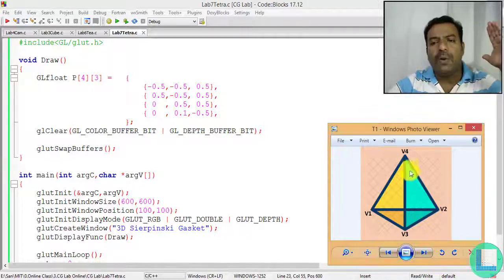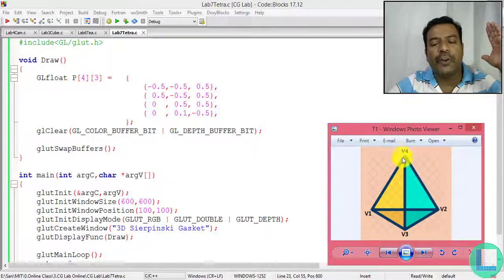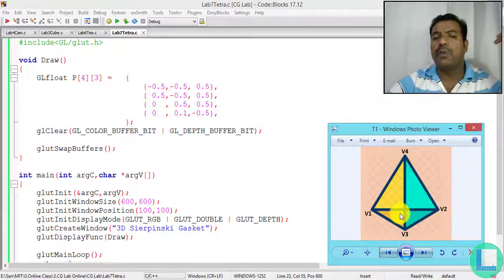That is, this 1 point is going to be on the positive side of the z-axis, and these 3 points are going to be on the negative side of the z-axis, or vice versa, however you feel.